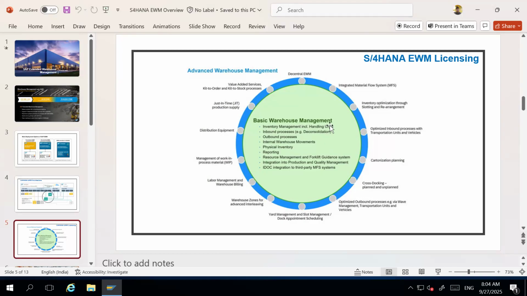So what is coming with basic warehouse? We will discuss all these in our session. Inventory management with handling unit, inbound processes with deconsolidation. Of course, it is not only deconsolidation. There are several. When we start discussing